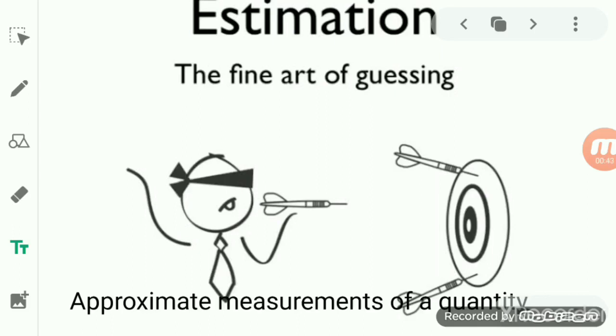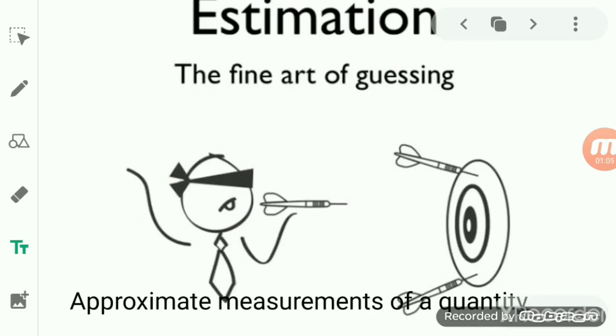For example, a doctor needs to measure doses of the medicine accurately. Because if the doses are not measured accurately, then what will happen? A lesser amount of a dose or a larger amount of a dose can be dangerous to the patient. So the measurement should be accurate.